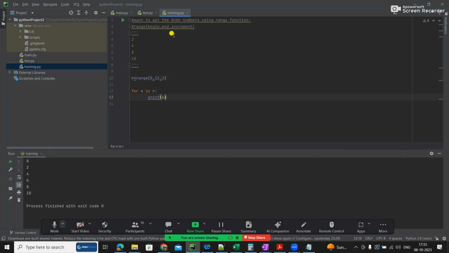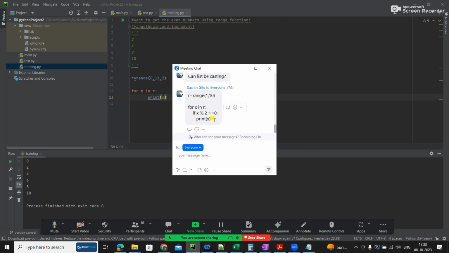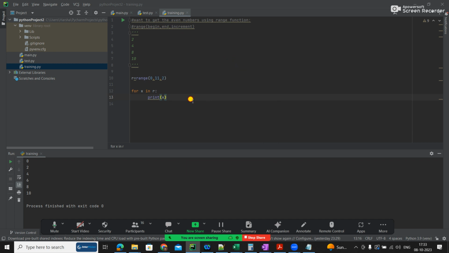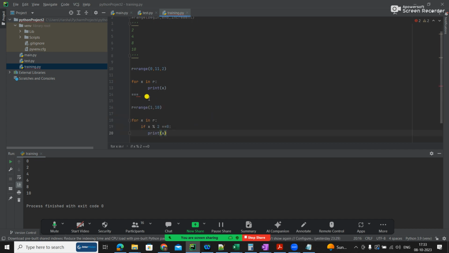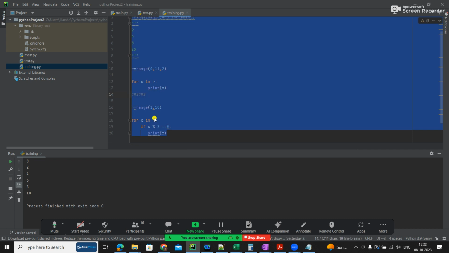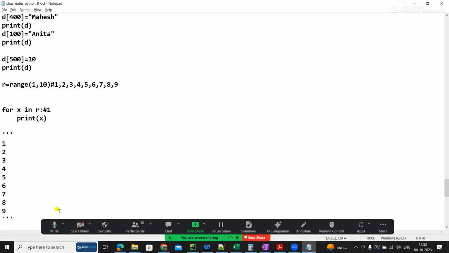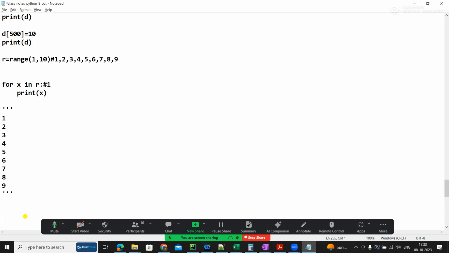So yeah, this is the importance of the increment or step operator, where you can also do that. These two ways are good. While working in a project, you can use any way, but sometimes they ask, don't use this, try to do it with this. So I'll just copy this to the notepad. All these things you have to practice.